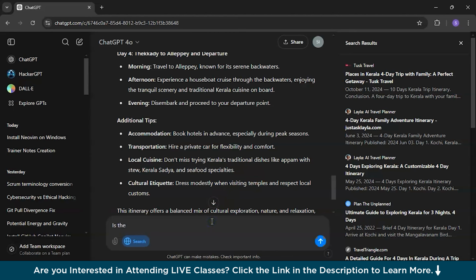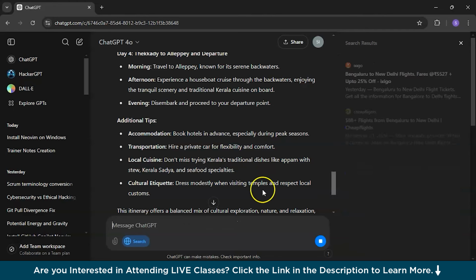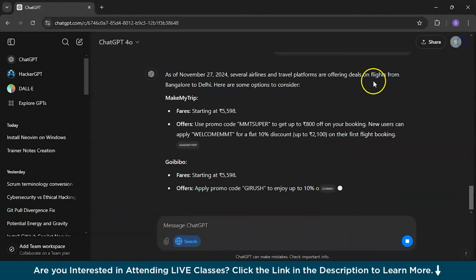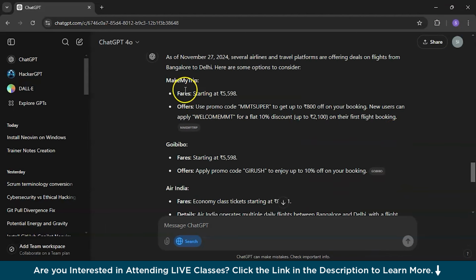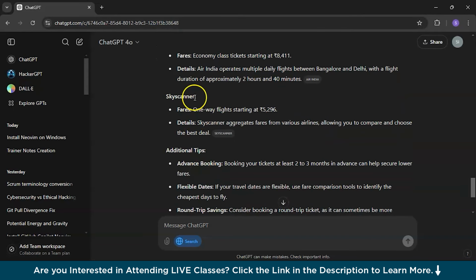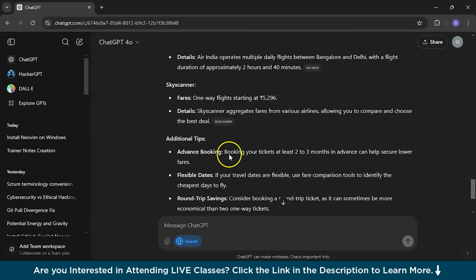Is there any deal on flights from Bangalore to Delhi? As the flight ticket prices are going so high, let's see if they have any of the things over here. As of now, several airlines and travel platforms are offering deals on flights. So they are giving MakeMyTrip, Goibibo, Air India, Skyscanner, and some additional tips.